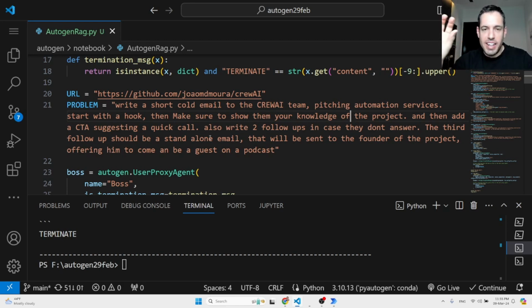Now, the reason why I wanted to build this workflow, which we are using RAG, is because in the past, if you guys have been following me,